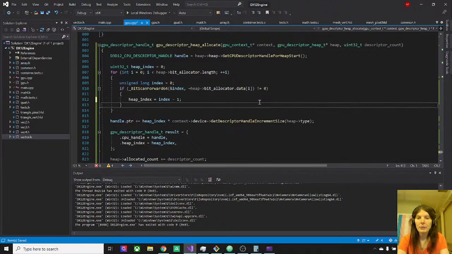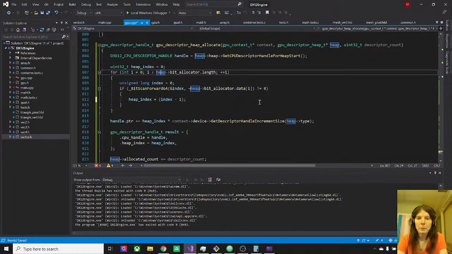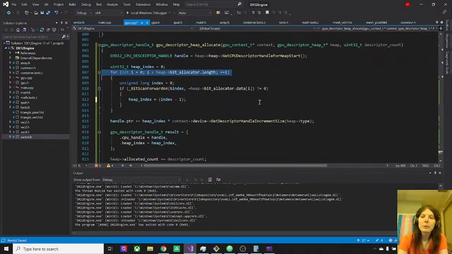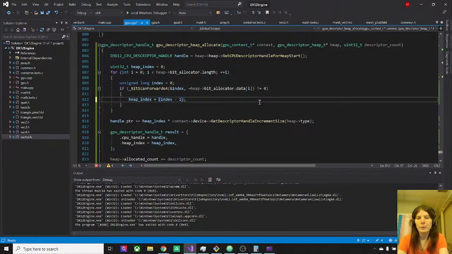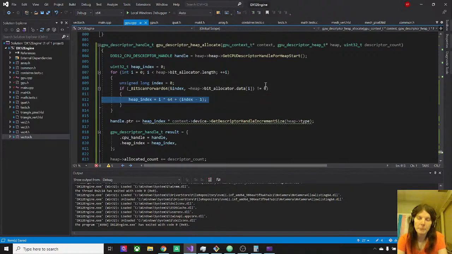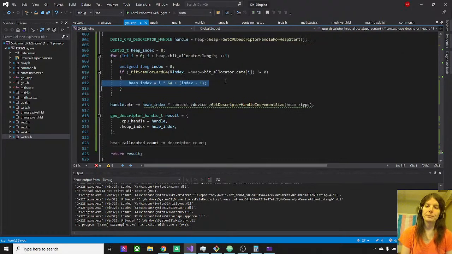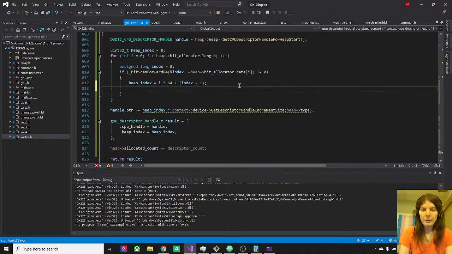Now, this is still not our actual thing, because there are some number of words deep into this set of bits, so we need to do I times 64 plus an index within this word, and that gives us a global bit offset to the start of this vector. So when we get that,